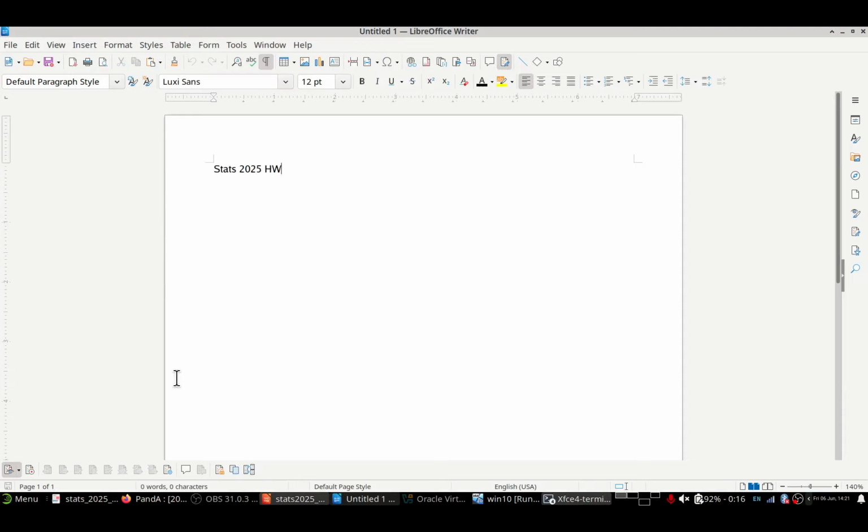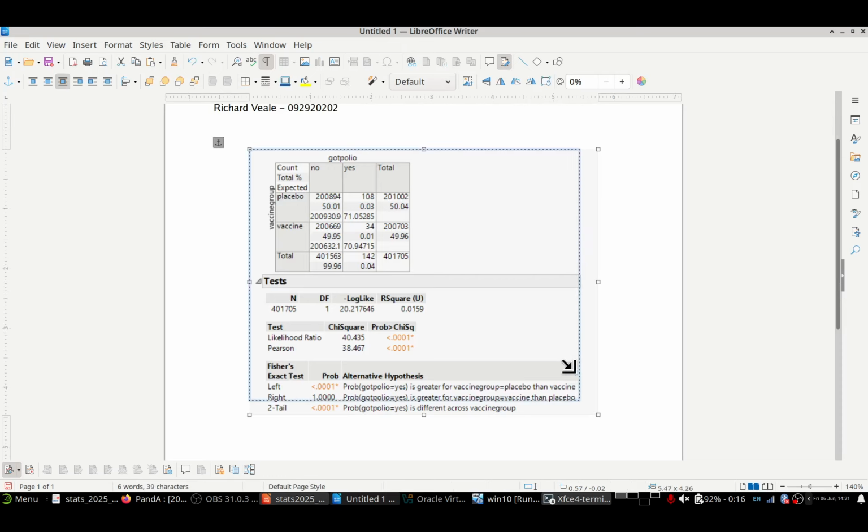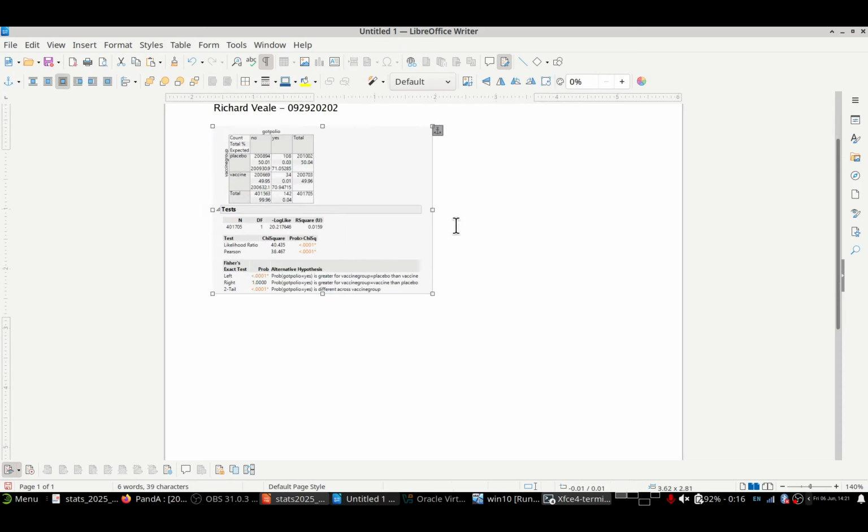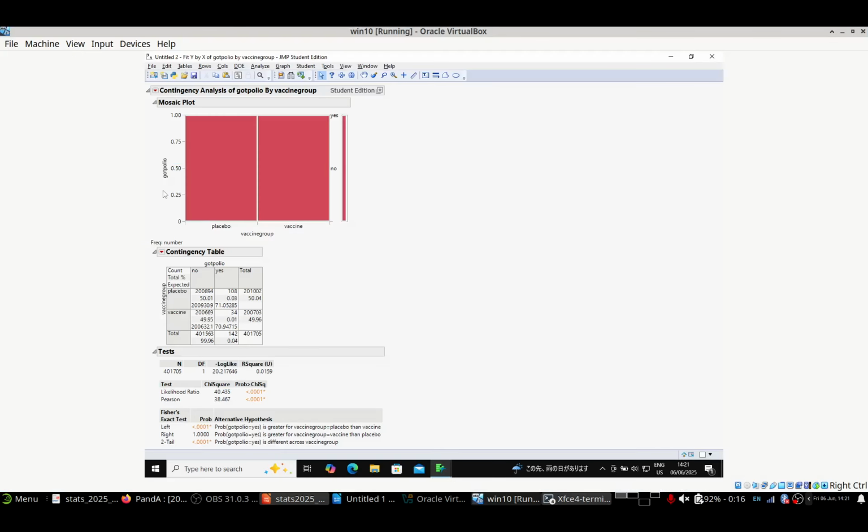Stats 2025, homework 2, trivial, blah, blah. We can put our results in here, just keep it for when we're going to write it. The other thing you can do is export this all as a file using